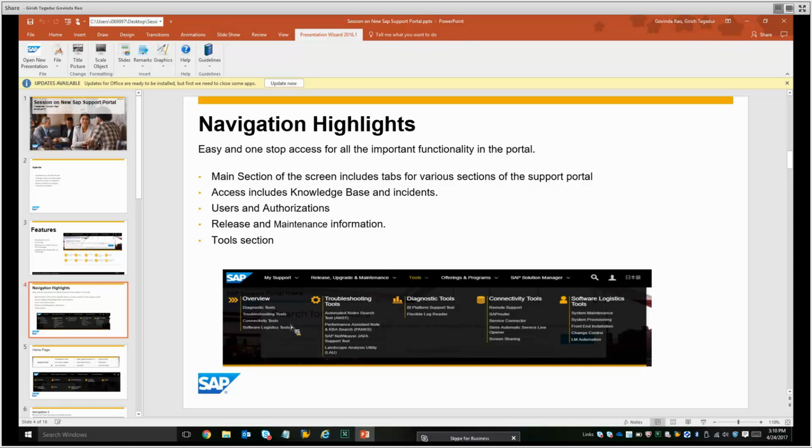So you have, starting with overview, which talks about the diagnostic tools here. The reason we are looking only at this particular tab is that I have taken tools as the example here. Tools is one of the important areas which we have added very recently into this support portal. Here, any customer who is interested in running the diagnostic tools, performing troubleshooting with the help of our automated note search or the performance of the